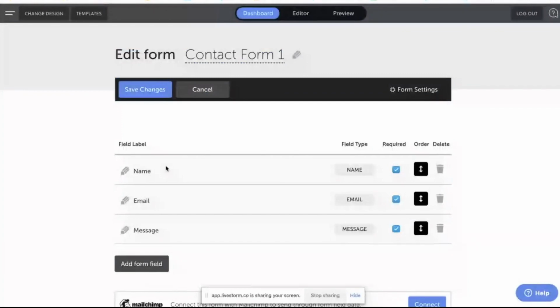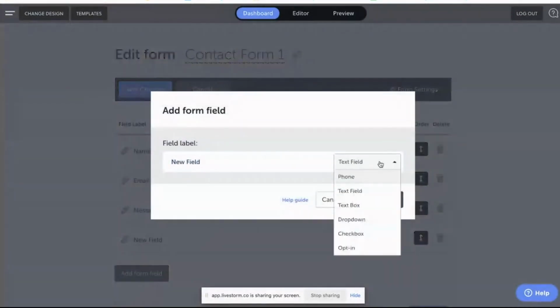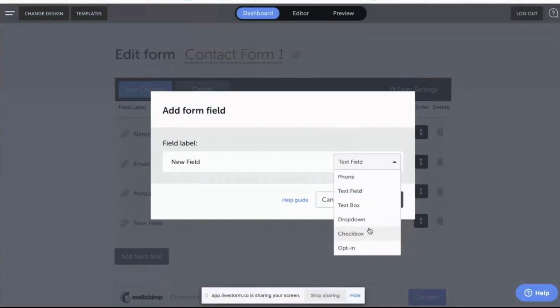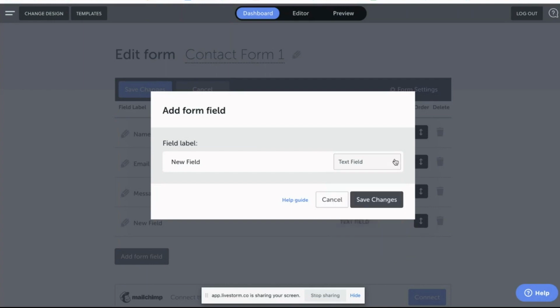This is really handy if you want to sync through some other forms. With the sync between RocketSpark and MailChimp, you can sync most of these through, apart from a couple of different ones that won't be able to be synced through to MailChimp. So we can do your name, email, phone, text field, and text box. But there's a couple of special ones in MailChimp that we won't be able to collect. These ones include birthdays and bits and pieces like that which are non-standard.